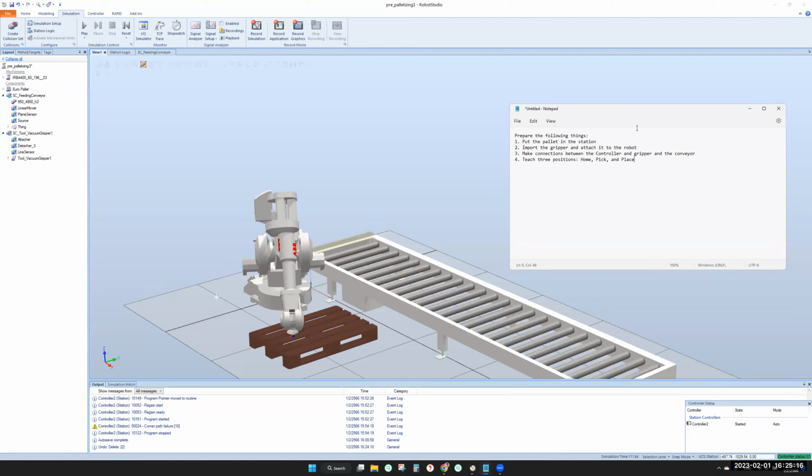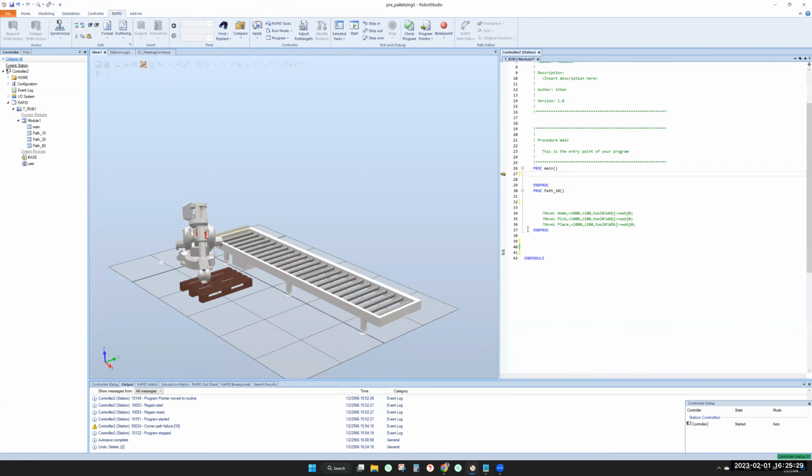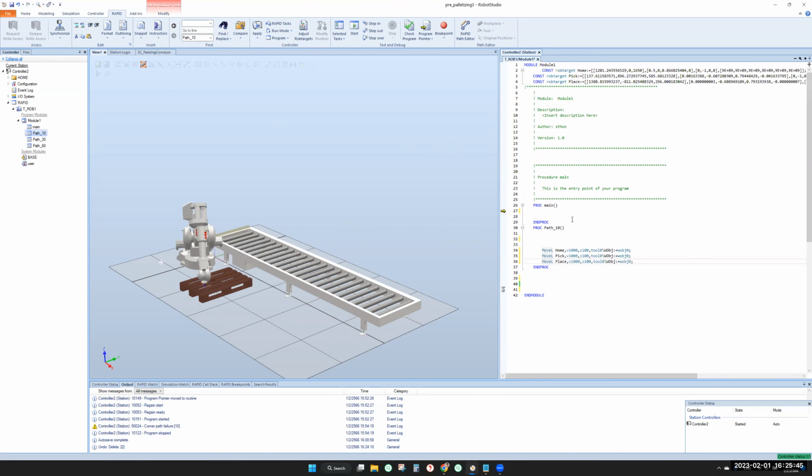All right. Okay, so when you're ready, we are gonna code our station. So, okay, everything is synchronized to RAPID. Okay. What we need to do is, so we have like 3 positions. What we need to do next is